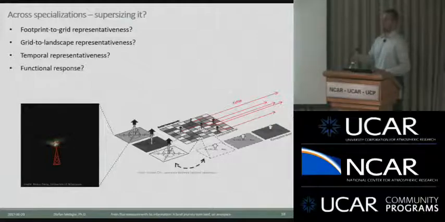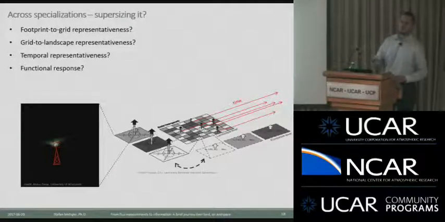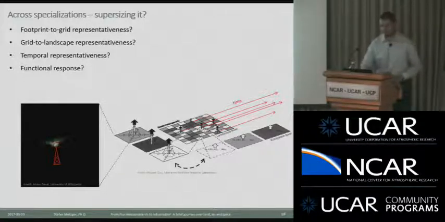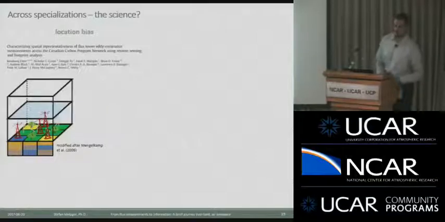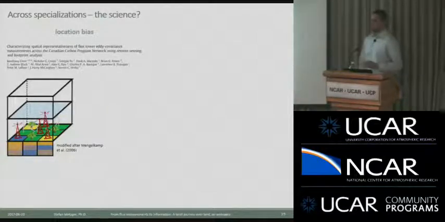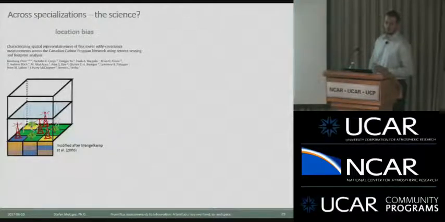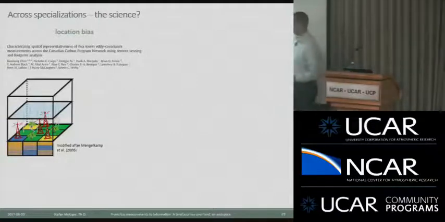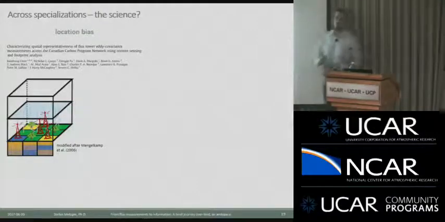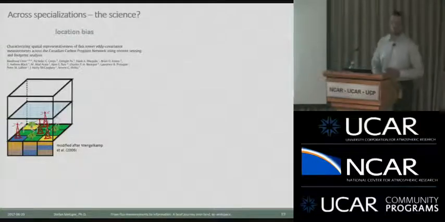If we want to get anything out of that to inform our predictive capacity, we need to get a better understanding of the functional response. So now, here was the headache. Let me break it down to two challenge questions that we're facing with regard to spatial heterogeneity. One is location bias. We do know that if we're only measuring in certain locations, we should not assume, as is often readily assumed, that our measurement represents one scale up. For example, when merging with remote sensing data or for model validation